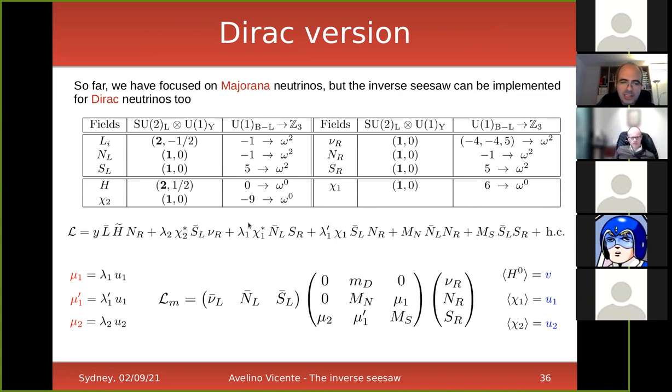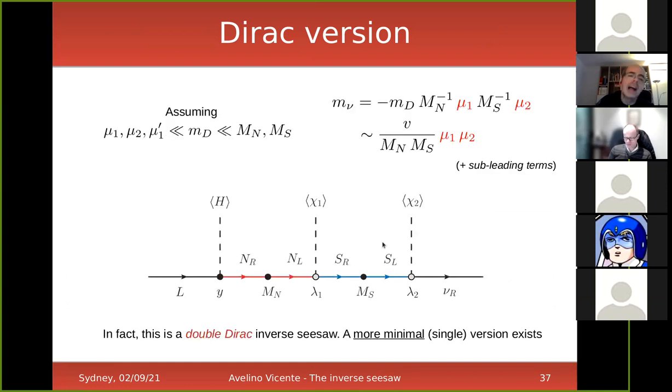I don't want to explain this in more detail than this. Basically, you end up with a bunch of additional terms in the scalar Lagrangian, and also, of course, in the Yukawa Lagrangian. The Dirac mass term for the extended lepton sector looks like this, with a Dirac mass matrix with this particular structure. And then again, assuming that there is a hierarchy between the scales in the model,